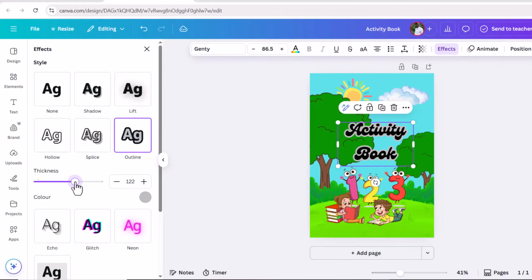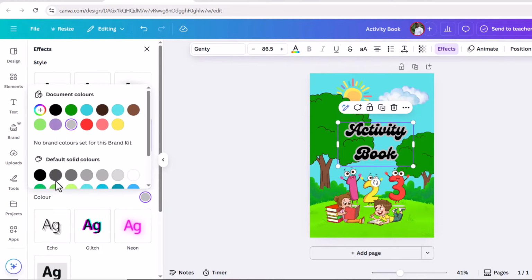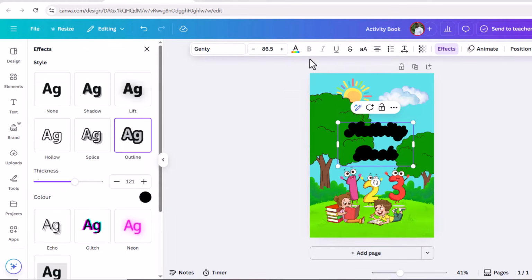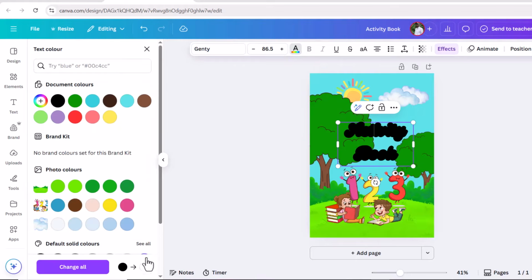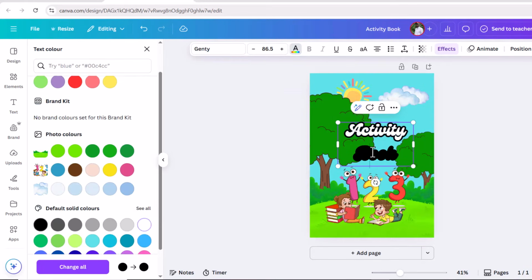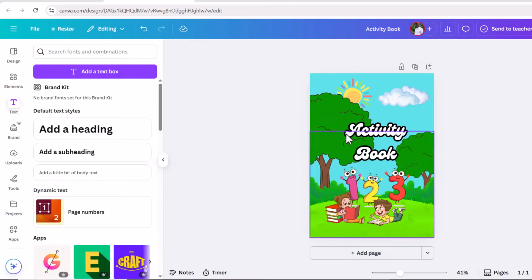Now go to Effects and choose Outline. Increase the thickness to 120 and change the outline color to black. Now go to Text Color and change it to white. It is looking pretty good. Once your cover page is ready,